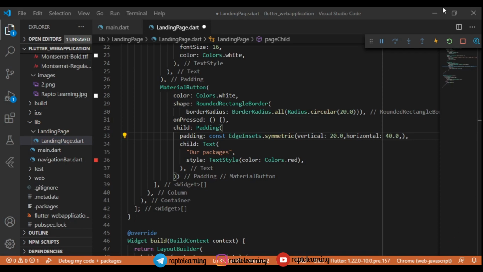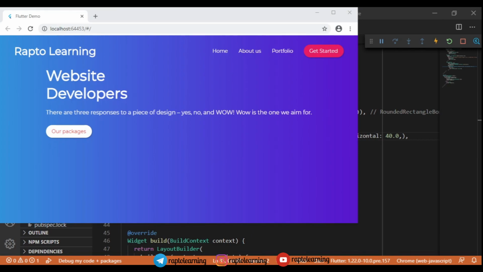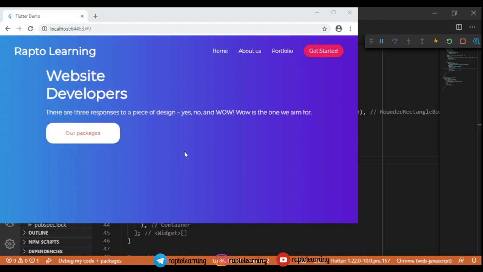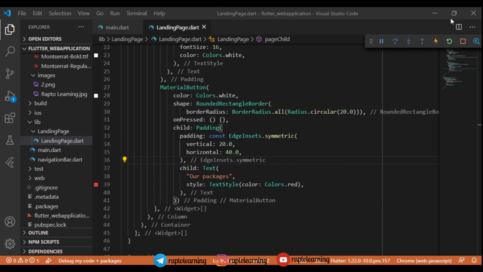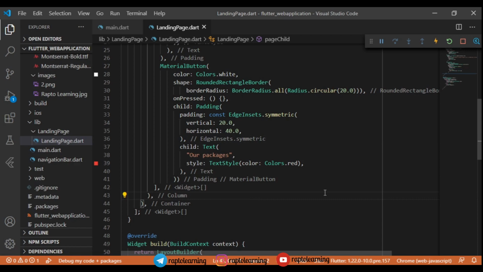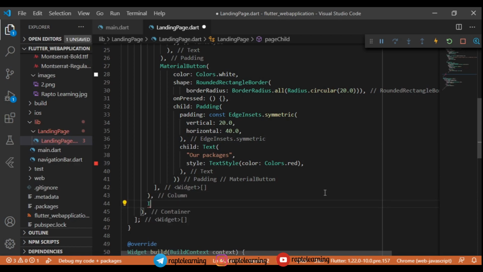Most of the errors are caused, as I mentioned, because you are not saving your whole project in VS Code, right? So let's see. Up till now it is looking fine. I will just refresh this, and as you can see, the packages size has been increased. So yeah, that's fine. I have added one random tagline here. Now we are going to add an image.